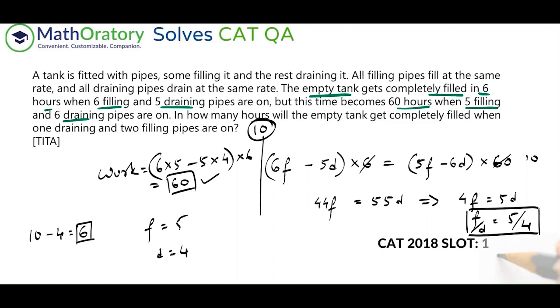Roughly, I would say 1.5 to 2 minutes to solve this question. There is a bit of calculation. If you don't reduce the 6 and 60, you'll be dealing with higher coefficients. That would increase your time. Don't do that kind of thing. So roughly 1.5 to 2 minutes to solve this question. I would say leave this for round two again. First round, don't try to get into these calculations and all. You're unnecessarily, as I mentioned in one earlier question analysis as well,